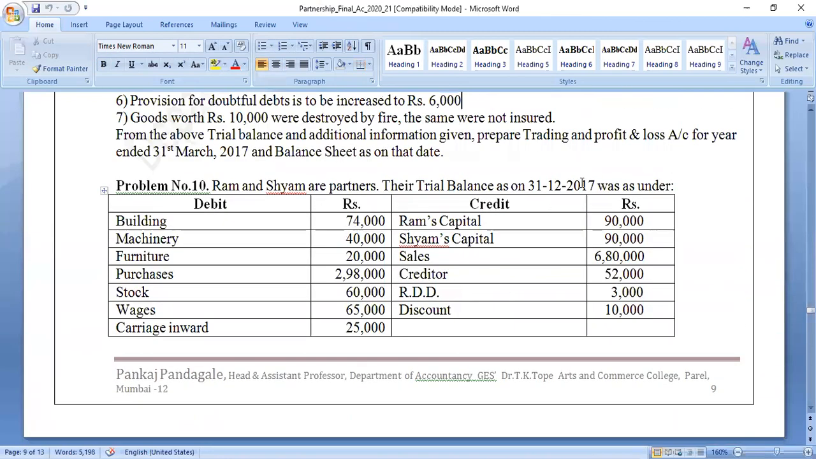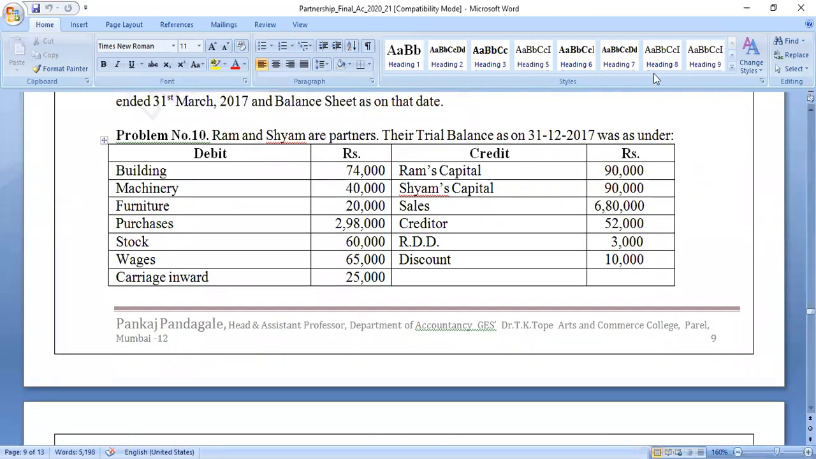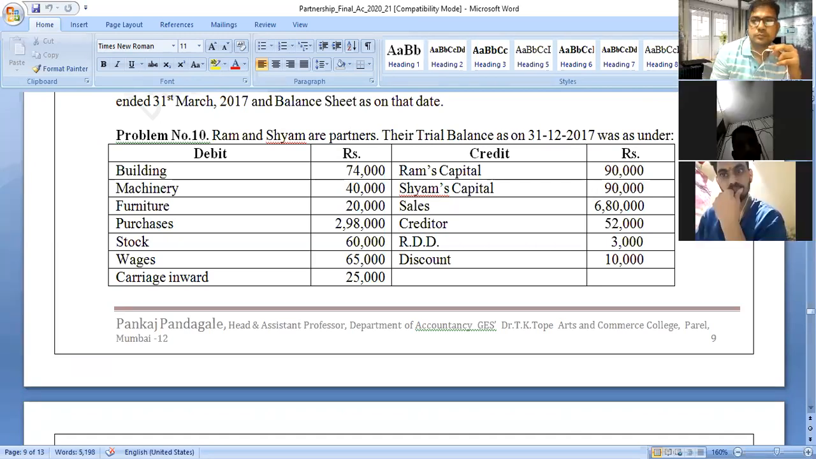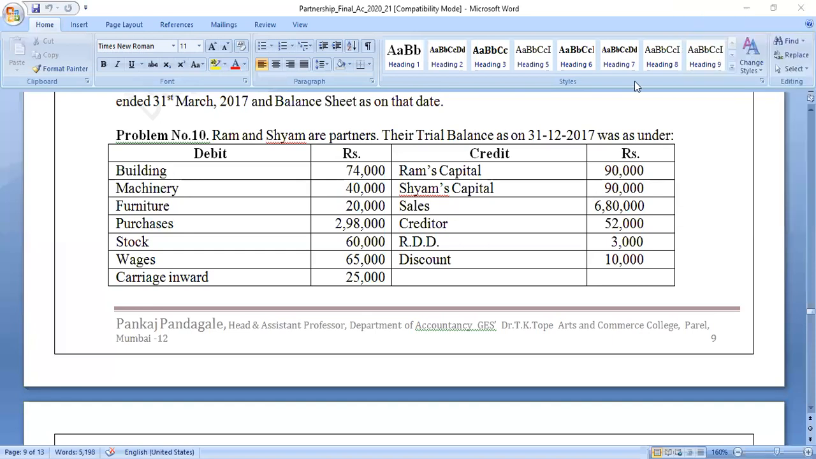Problem number 10. Ram and Sham are partners. Their trial balance as on 31st December 2017 was as under: debit, building 74,000, machinery 40,000, furniture 20,000, purchases 2,98,000,